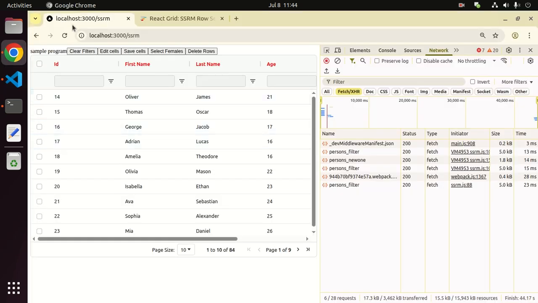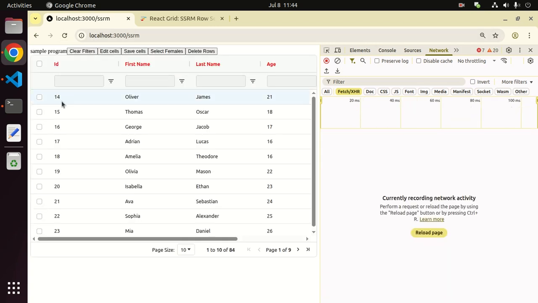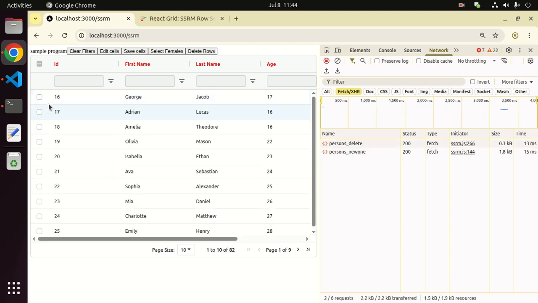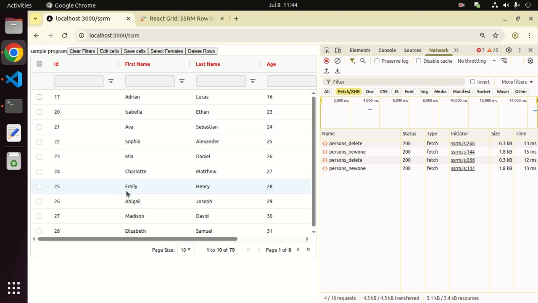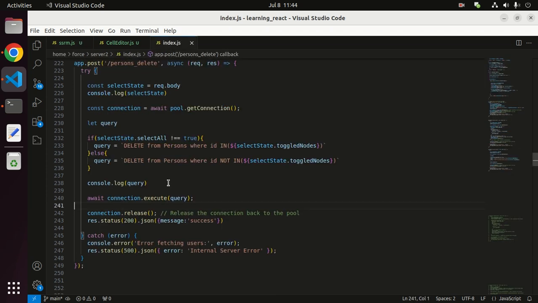Okay, now you can check if it is working. I'm going to remove these first two rows. Okay, you can see that it is refreshed. It is calling the API again and refreshing. You can see it. Okay, it is deleted. So I think you understand how the things are working. The code is very simple, deleting rows. We are just sending the selection state, and on the server side also it is very little code, so it